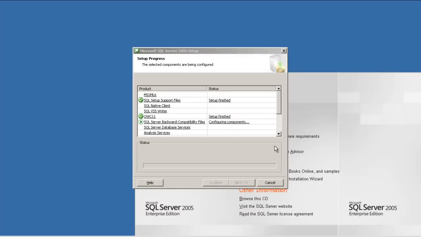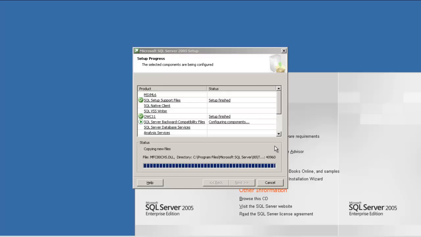As you can see, with the Standard Edition the memory support is different. With the Enterprise Edition the memory support would be different, and there are many other features that would be different in SQL Server from Standard to Enterprise. You should remember that. The number of users, the amount of memory it supports, and many other things you have to look at before you go for a SQL Server edition.